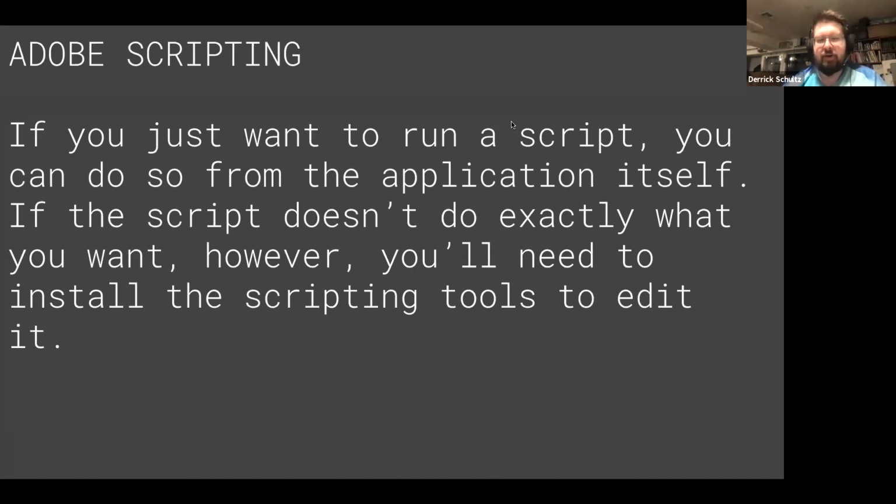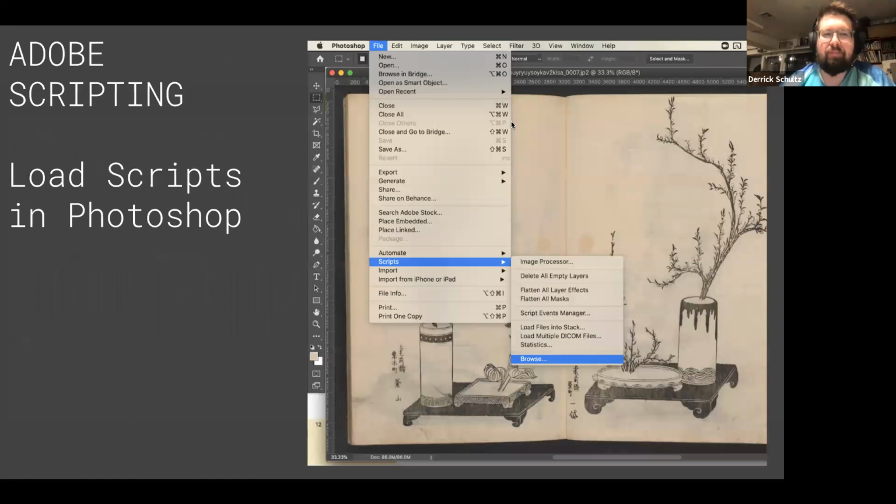So there's a couple of things about scripting. First off, there are a lot of scripts online that you can download and use. If you want to just do that, you can run those from anywhere inside of an application itself. But once you want to edit things, you need to get a crazy sort of building tool setup for yourself. If you just want to run a script, the way to run scripts directly from Photoshop is File, Scripts, and then Browse. Wherever you download that file, you can open it up. It's usually a .jsx file extension. You can run that script from there.